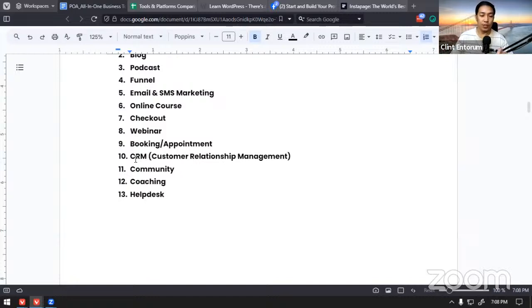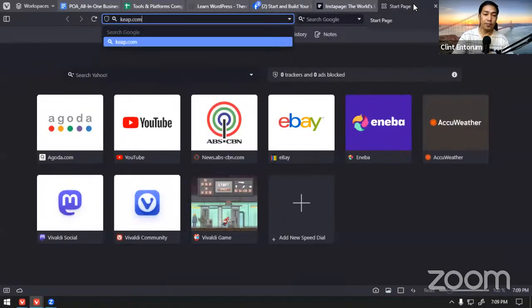Okay, so CRM is customer relationship management. It contains the details about the customer, their transactions, also tools like a pipeline, whether they're a lead or already a buyer like that. So there are different customer relationship management platforms. For example, one of my clients that I help is